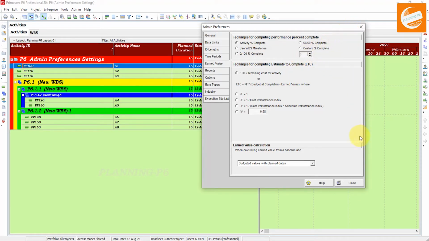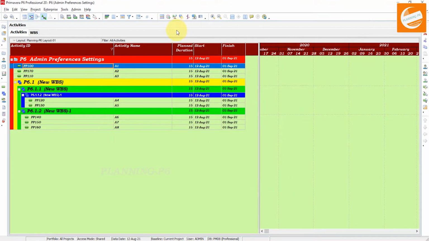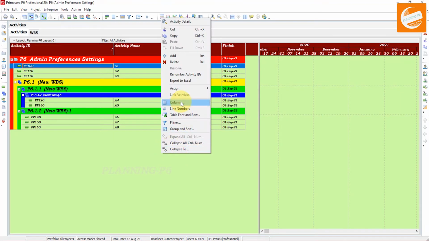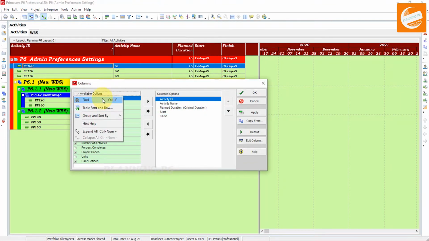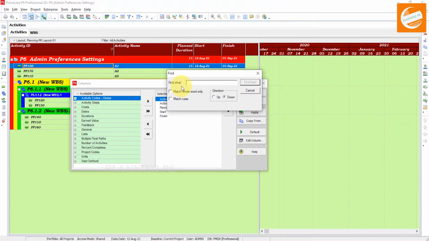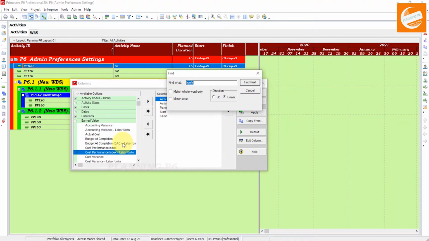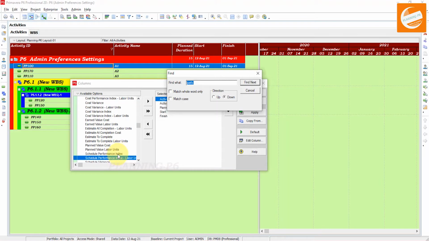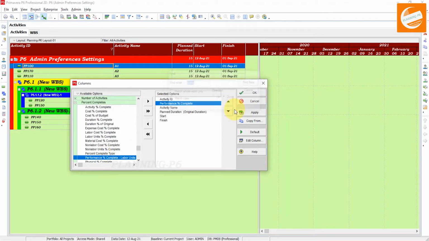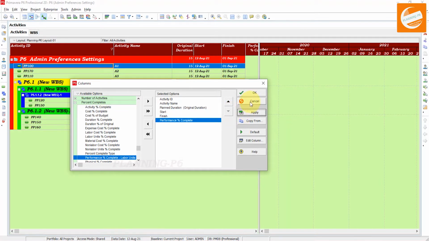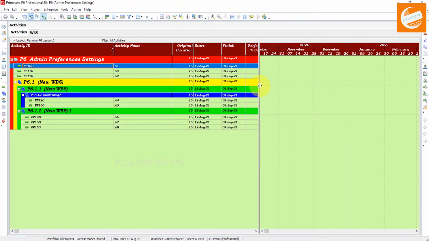I will just close that, and where your performance percent complete column is, just add it. It will not change, but I just show you performance percent complete. Move that column, and at the end apply and OK.